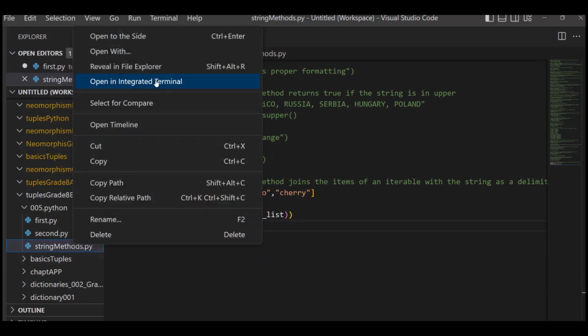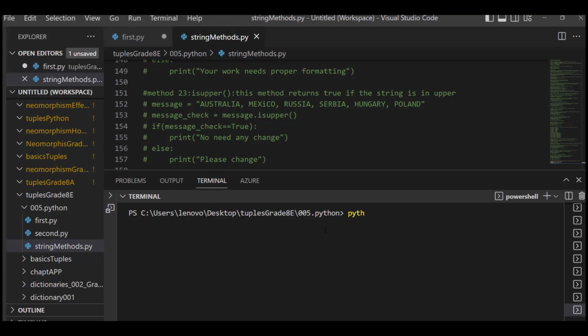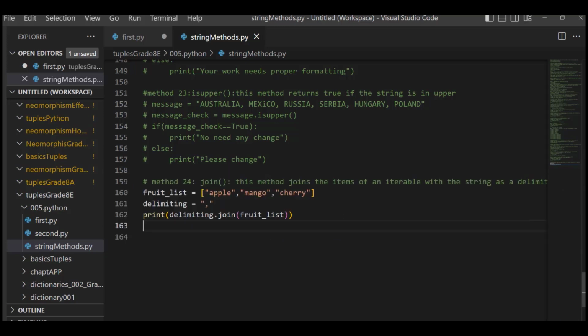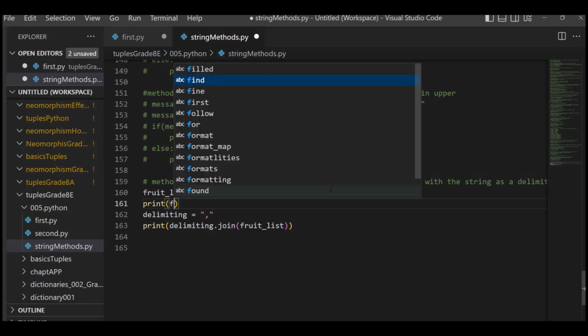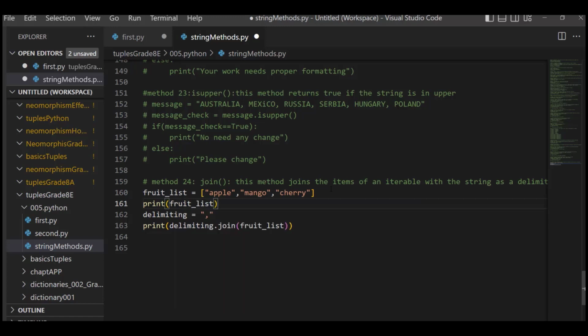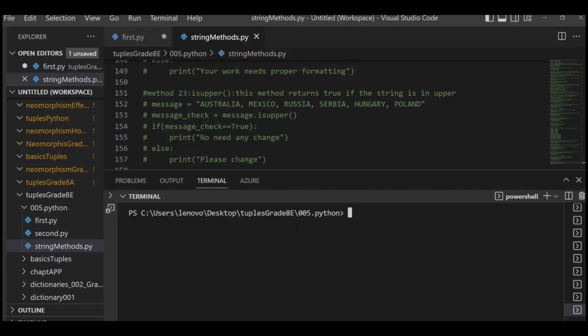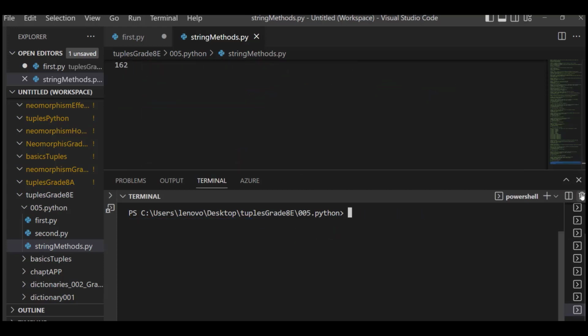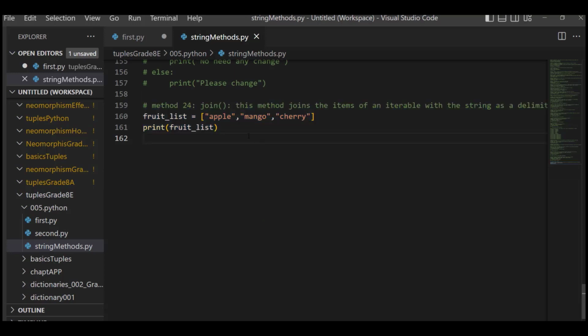So I'm going to run it. Once I run it, you will be able to see the Python output. So this is how it looks. You see that? It looks better than this. Print fruit list. Suppose this is a list and I need to print the fruit list. I'm taking this off and saving it and printing this. Now you can clearly see when I run it, this is the list. But what we did, let me close this off,